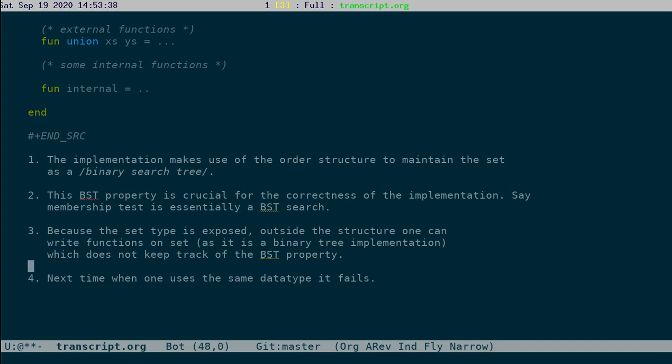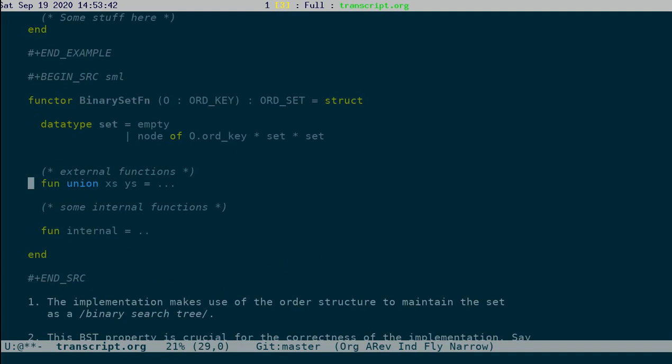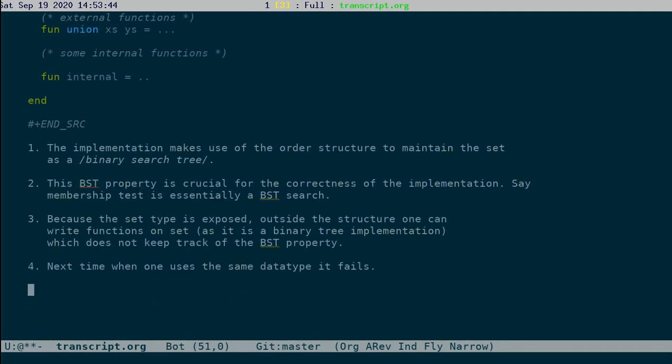This can happen because it is being exposed. So what we really want is to expose the type set but not anything more.